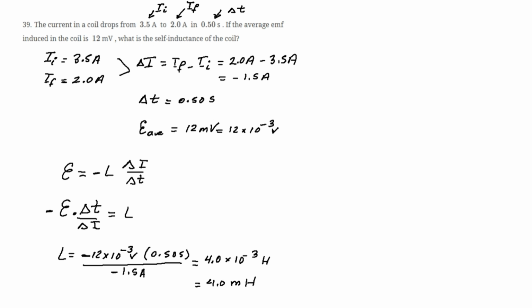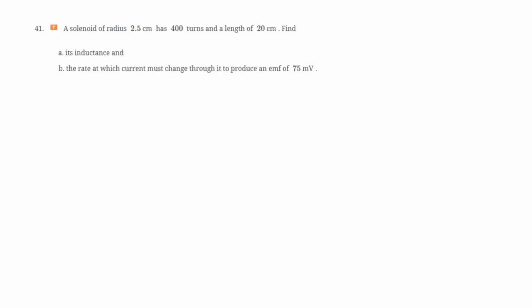They say a solenoid of radius 2.5 centimeters has 400 turns and a length of 20 centimeters. Find its inductance and the rate at which current must change through it to produce an electromotive force of 75 millivolts. So basically, they say that we have a solenoid,